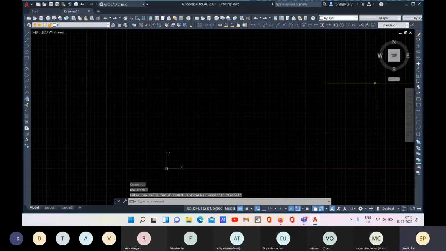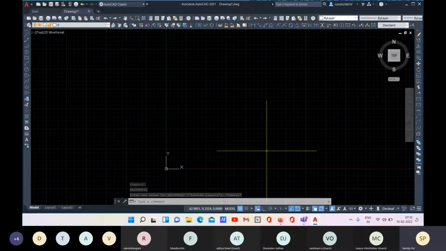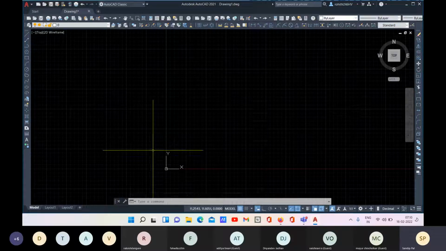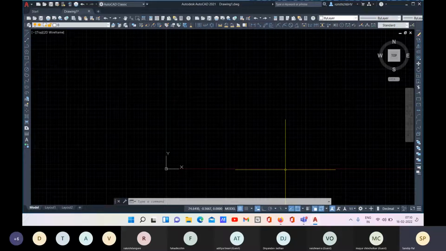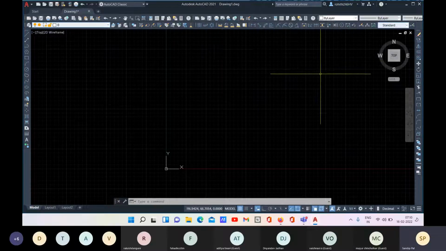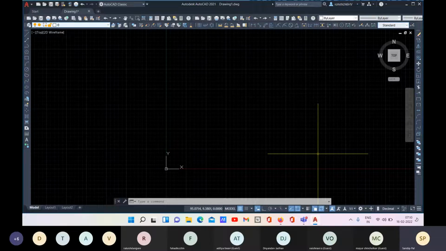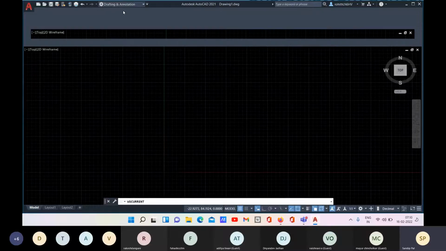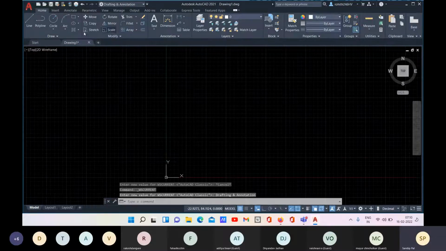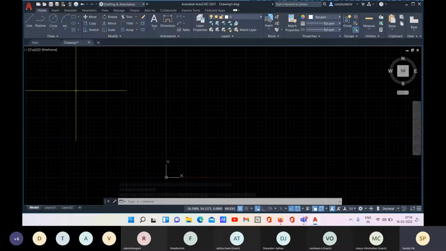So this one you will get it in the previous versions, right? The previous version workspace layout was like this, which I have created by myself by adding all these tools. You can add all these tools by just giving the name. I have showed you the way you can do it. Now let me go to drafting and annotation, and you get back your ribbon. Okay, now